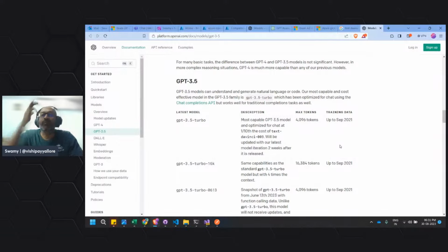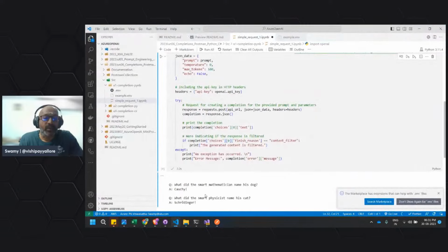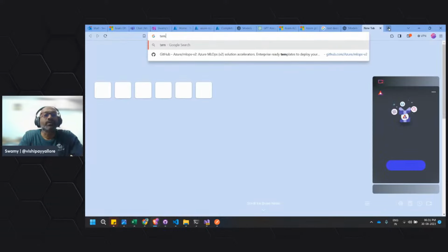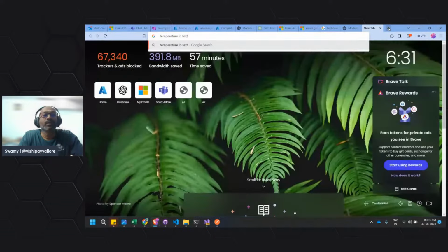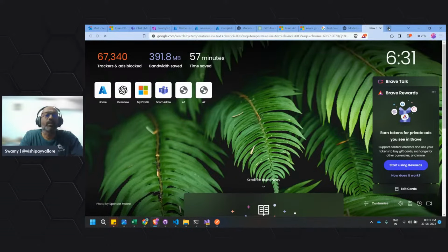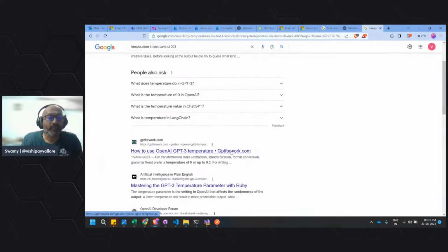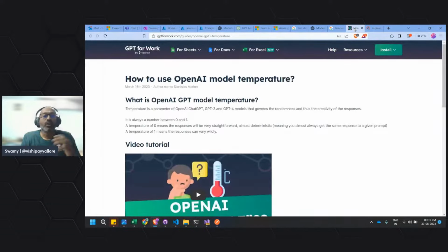Another thing which we were discussing was this point, that is temperature. Here, the temperature parameter shows how creative it is. The temperature will vary.